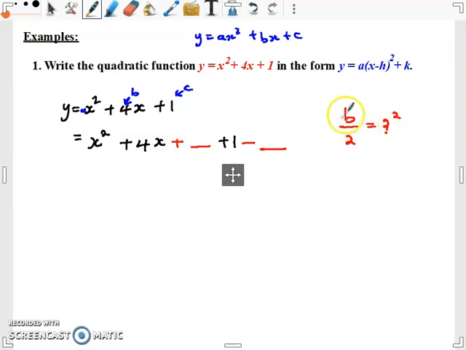Right, so whatever answer you get when you divide b by 2, you're going to square that answer, and that will be our magical number. So in this case,